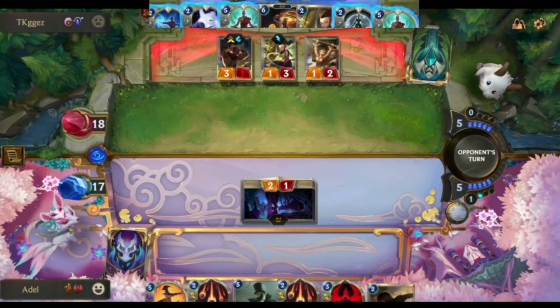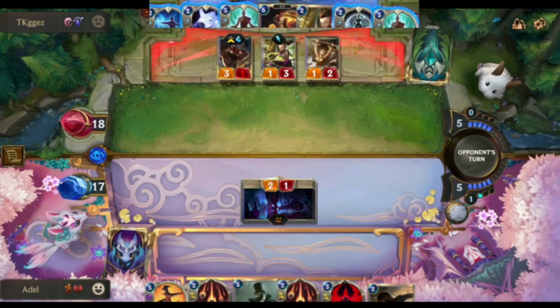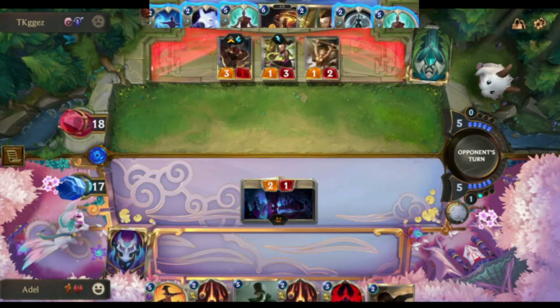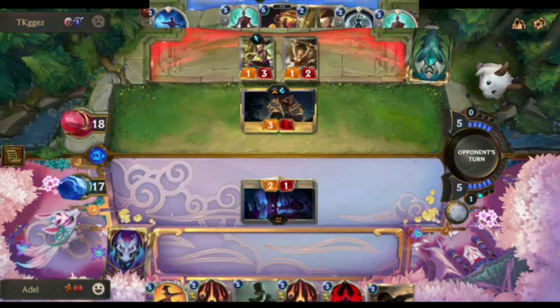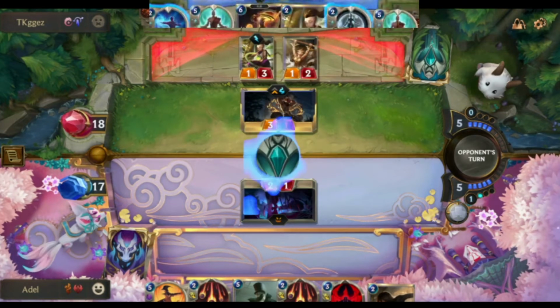Well, he sure does, but the problem is that Lee Sin can pick up his units one by one and kill them, especially because he can easily proc Pale Cascade if he needs to, or he can just play the Sonic Wave, and then that's just easy removal as well. I don't think this attack is...